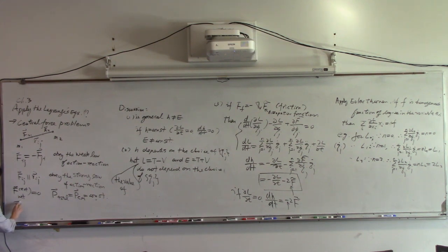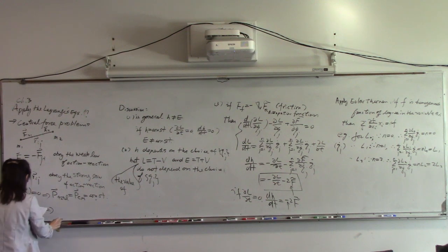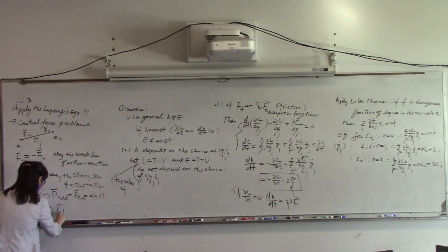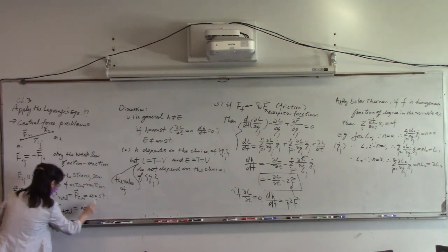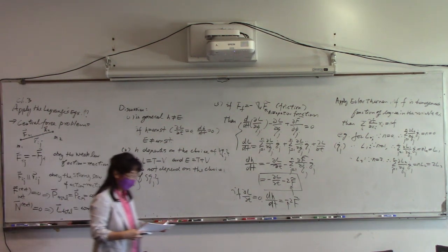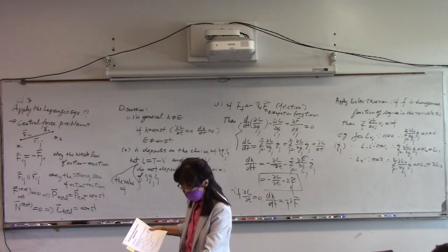Then also, the external torque is 0, right? This central force is along the line, so there's no moment arm, so that is 0. Then we have the total angular momentum is constant, right? So that is probably before we deal with the system in detail, we first need to